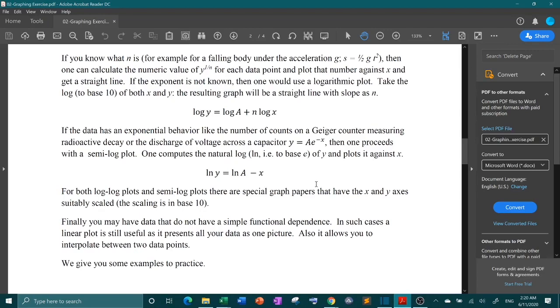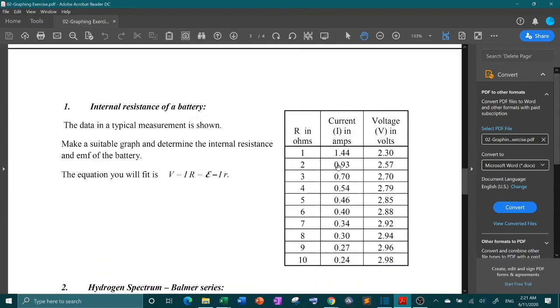I would not use the exact data as you have in your lab manual. You will have to look at the data here, and read them. You have to take them out from here and manually paste them in the Excel. Make sure you do not make a mistake. It's fairly easy. Go over it carefully and put it in. And you do this for dataset 1, 2, 3, and 4. Now, once you do that, you'll calculate the quantities which we have identified already as x and y for these data sets,